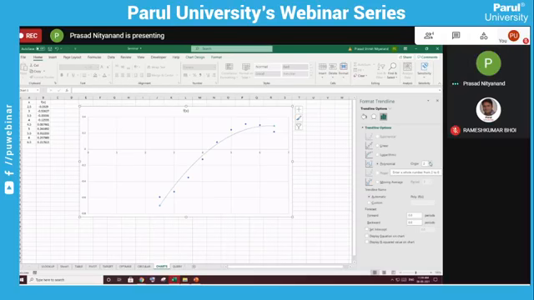If I go on increasing the order, you will see this dotted line, which is nothing but a trendline, will try to move closer to all these points. So the more I increase the order, the more accurate it will become.